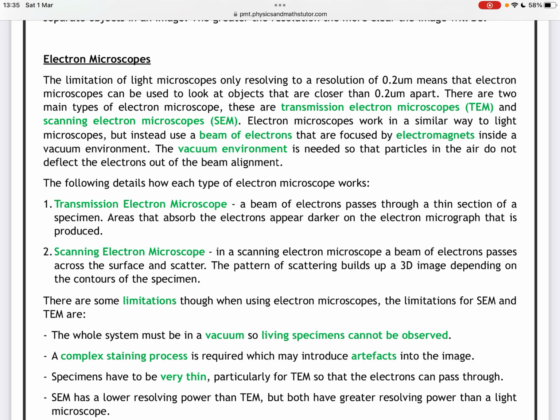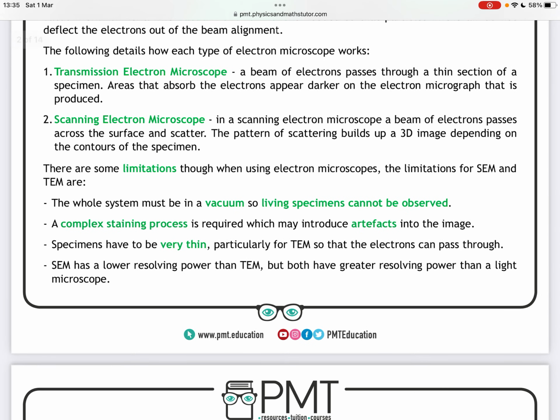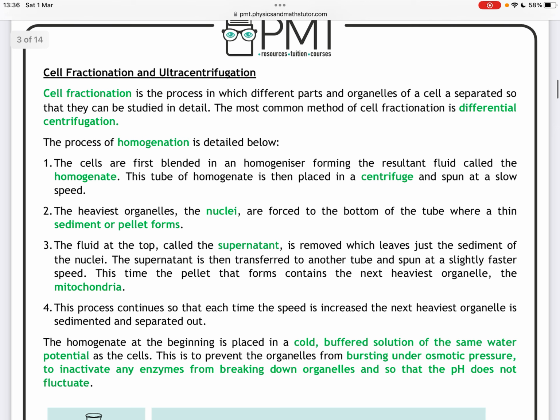There are some limitations though when using electron microscopes. The limitations for SEM and TEM are, first, that the whole system must be in a vacuum. I told you to highlight it. So living specimens cannot be observed. Second, a complex staining process is required which may introduce artifacts into the image. Third, specimens have to be very thin, particularly for TEM, so that the electrons can pass through. Fourth, SEM has a lower resolving power than TEM, but both have greater resolving power than a light microscope. This is the comparison between